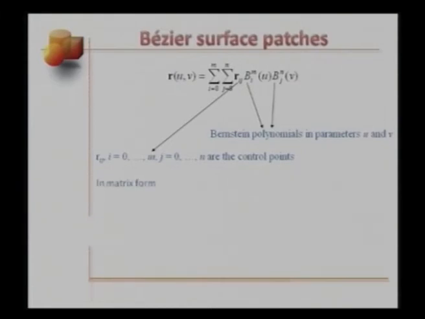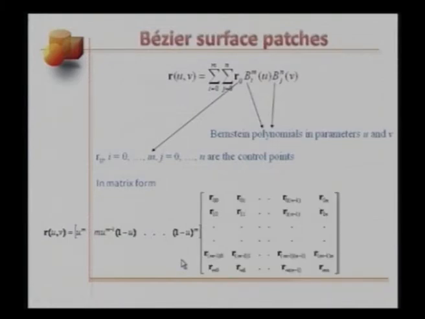In compact matrix form, R of u and v is given as the row vector with u raised to m, times u raised to m minus 1 times 1 minus u, and so on, with the last term as 1 minus u raised to m, times the geometric matrix, the first row being R 0 0, R 0 1 up till R 0 n minus 1, R 0 n. The second row is R 1 0, R 1 1, and the last but one term will be R 1 n minus 1, and the last term will be R 1 n,